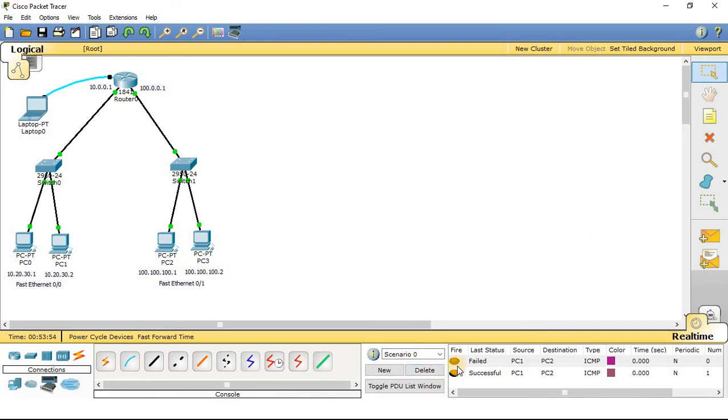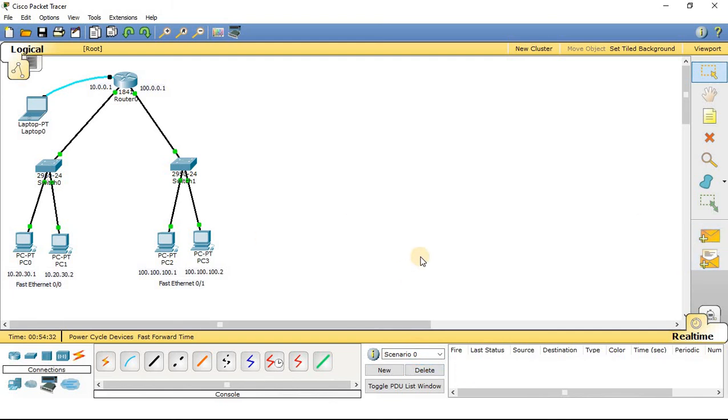This gateway is very important in the concept of routing. We can see the first packet failed, because every time you send the first packet, it will be delayed. That is why the first packet failed. But the second time when I sent another packet, it was successful. Okay, let me try again. In progress and fail. If I send the packet twice, it will be successful. So let me send a packet. Every time I send a packet, we can see a successful transaction.